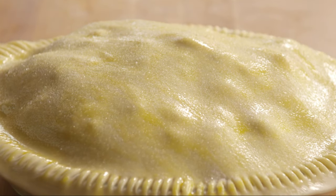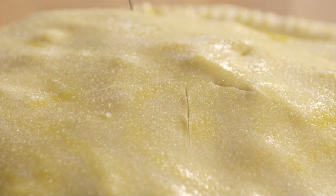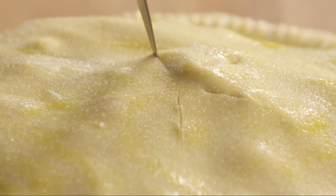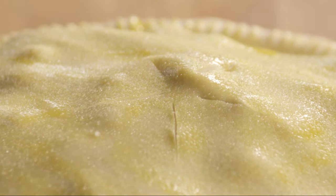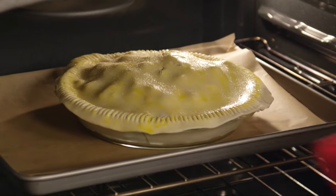Sprinkle the crust evenly with 2 tablespoons of sugar. Cut small holes in the top crust to let the steam escape. Another option suggested by Allrecipes member Alessandra is to do a lattice top, noting that it lets a lot of the moisture out. Place the pie on a cookie sheet lined with parchment and bake it in the preheated oven